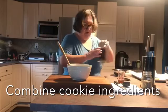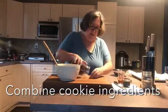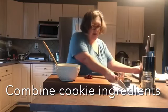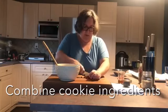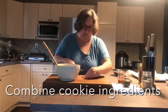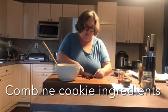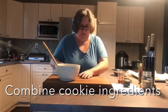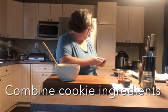And then to this, we're going to add some dried cranberries. It just gives them a little more color. And I'm going to add a couple of tablespoons. You don't have to be super exact. And because the cranberries are pretty big, I'm just going to give these a little chop too, just to break them up a little bit so the pieces aren't quite so big. If you're doing this with kids, you can do the chopping and let them do all the mixing. I'm just going to pop this into the bowl along with the sunflower butter,